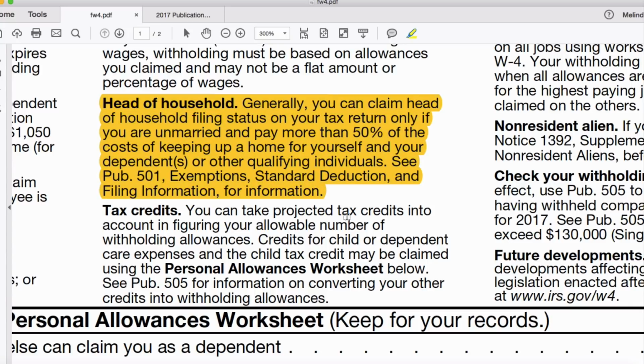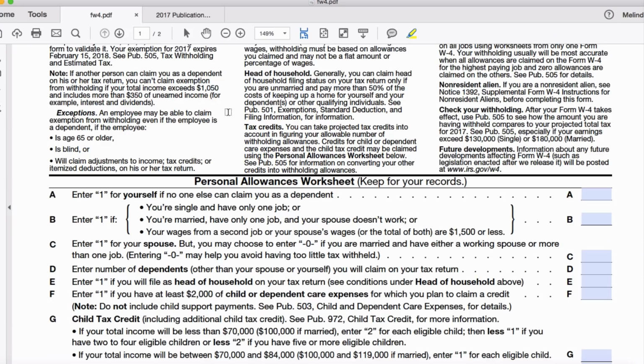It states, generally you can claim head of household filing status on your tax return only if you are unmarried and pay more than 50% of the cost of keeping up a home for yourself and your dependents or other qualifying dependents. Even if you have your own home and you're paying 50% of the cost of keeping up that home, you must have a dependent or a qualifying individual to be eligible for the head of household